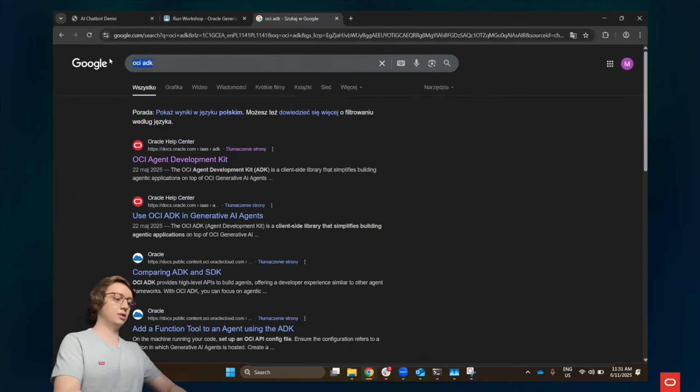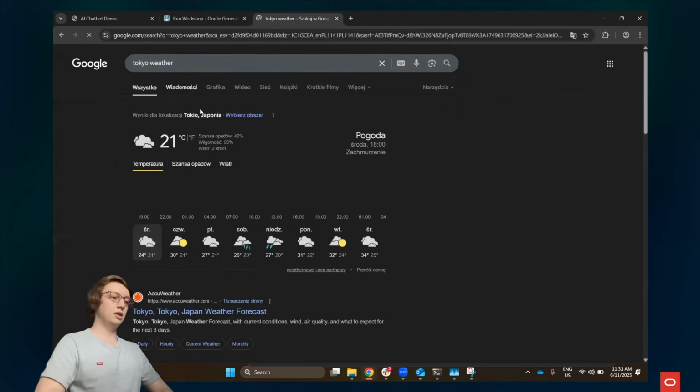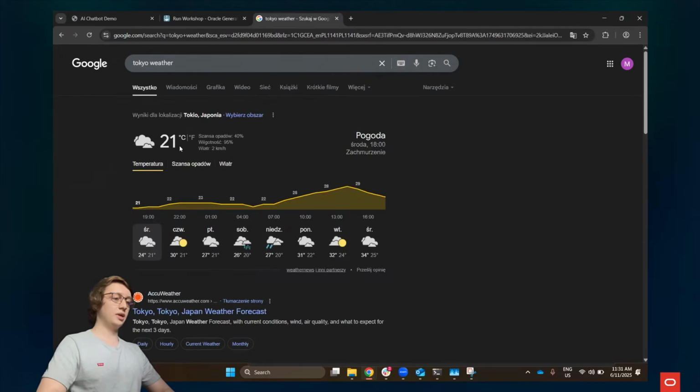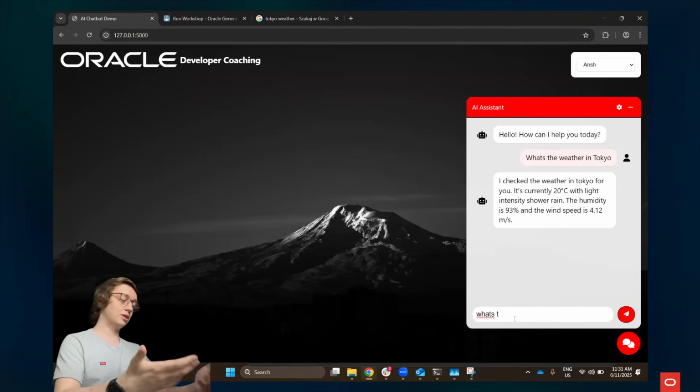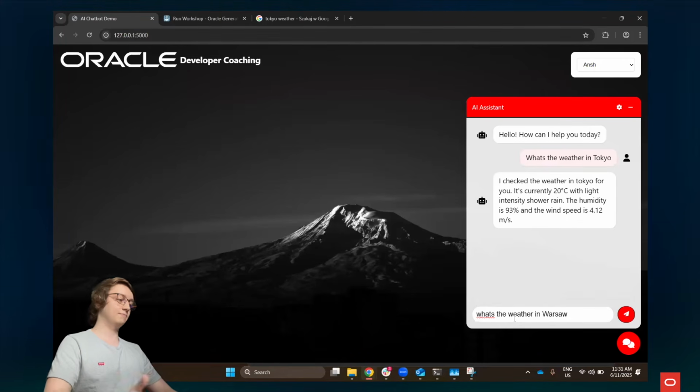And I can go check Tokyo weather on the web page. We can see that this is 21 degrees. My API refreshes every 1 hour, so this is not perfectly current data, but we can connect to any external API that we want to retrieve needed information.